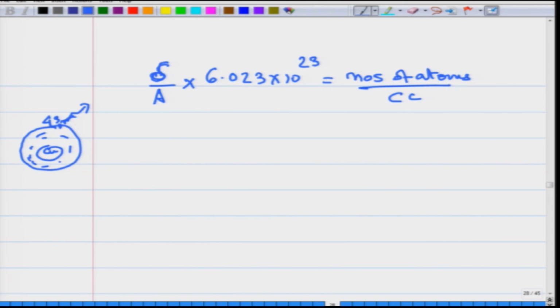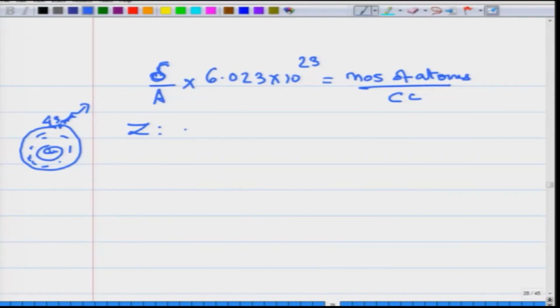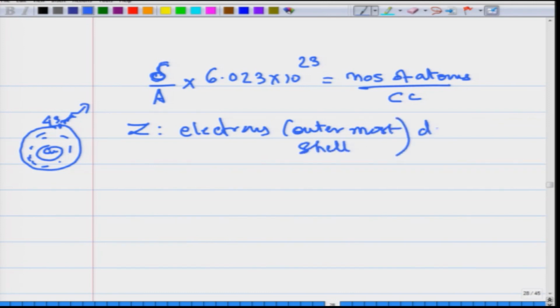By giving out one electron, you get a metal because that electron is delocalized, it moves across the entire lattice, and each copper atom gives out one electron. So, if Z is the number of electrons of the outermost shell, which is donated by each atom in the metal,